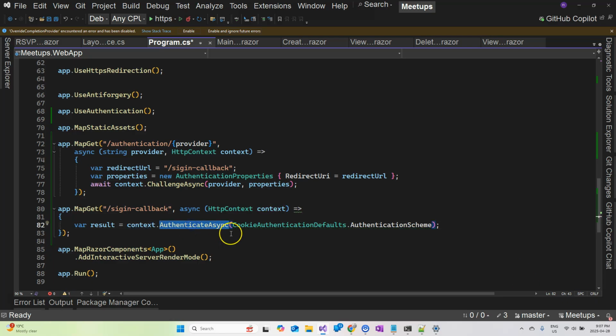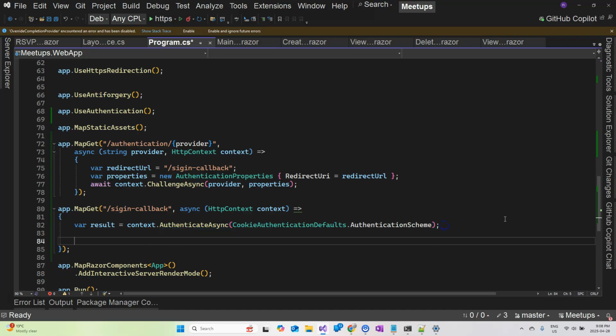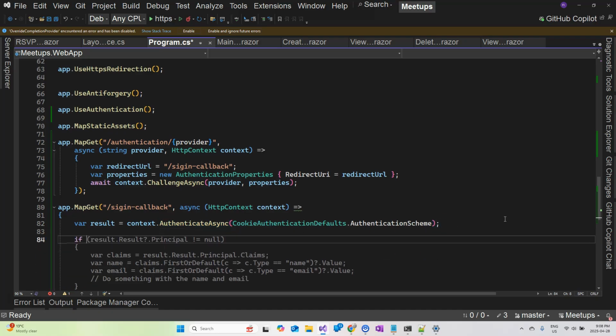So once we do the authentication, then ASP.NET Core, which is still using the NuGet package, takes the information from Google, and then it creates this claims principal, which is like a security context that contains the information that represents the user. Okay? And this result is an authentication result. Now, what we can say here is that